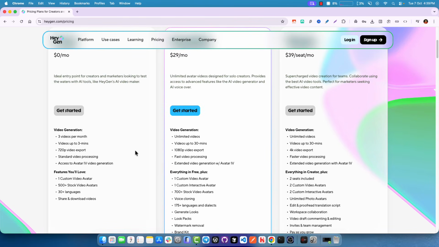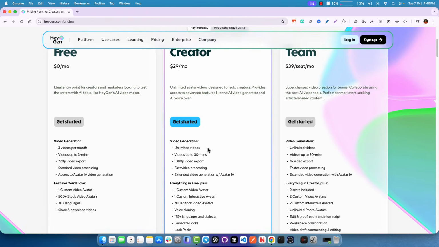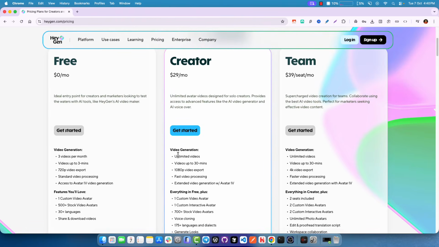The main things you have to focus on are the number of videos you can generate, the timing, and the export resolution. Considering that, if you go with the creator plan, you can create unlimited videos of up to 30 minutes each, with 1080p resolution. That makes sense. So if you are an aspiring creator looking to generate videos, then this plan is going to be really good for you. But for testing purposes or just for fun, you can use the free plan, of course,